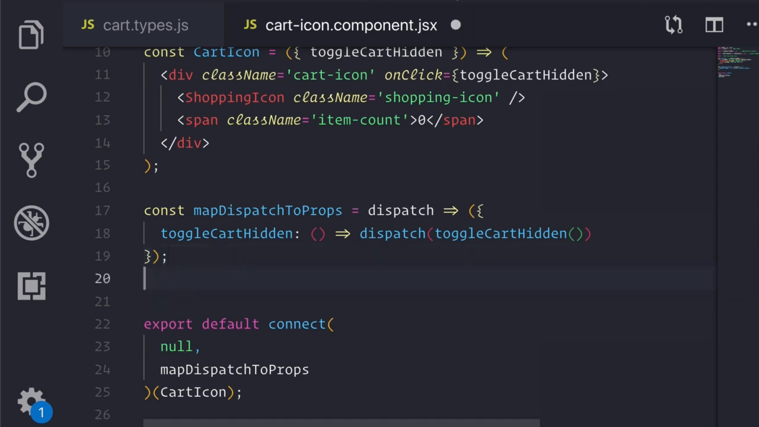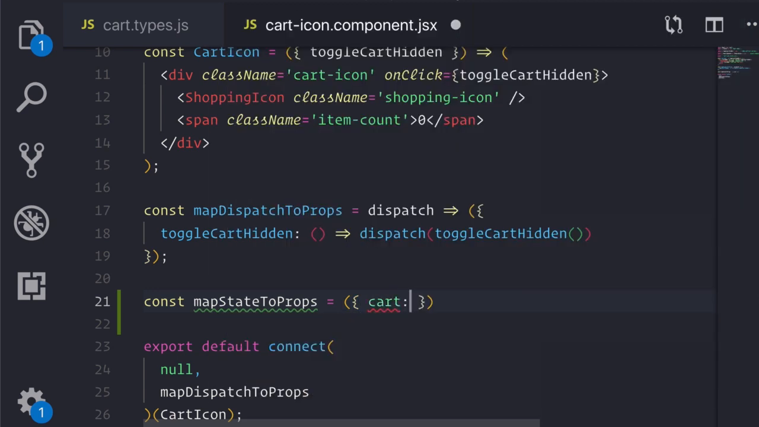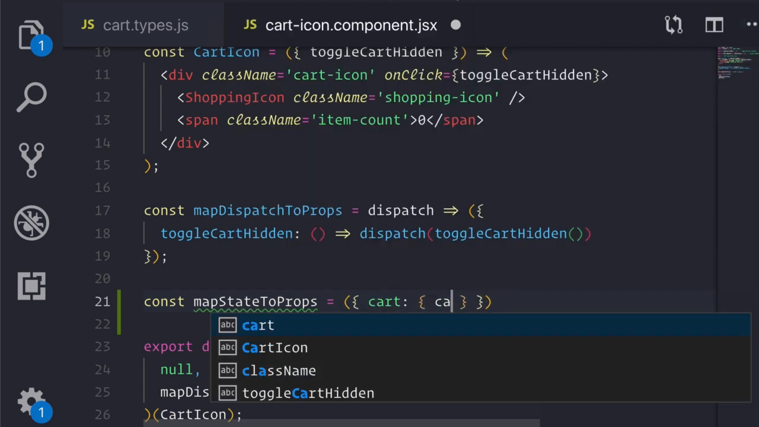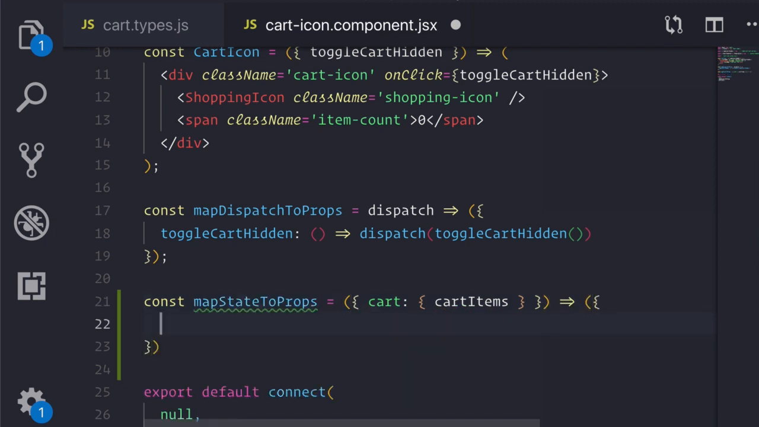Now, what would this look like? Well, we would write our map state to props value. And here we would get our state, where we would destructure off cart, and from cart, we'd pull off the cart items. And maybe we'd pass in a value of item count, which is equal to accumulating the quantity on each of